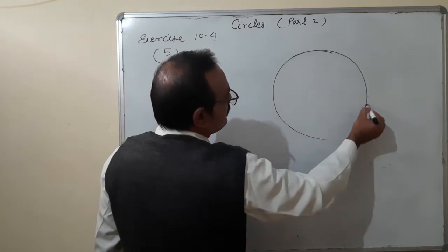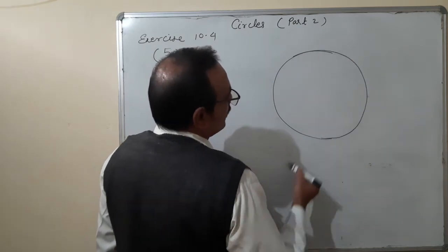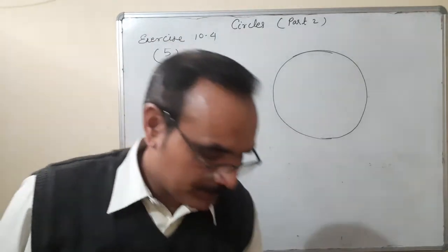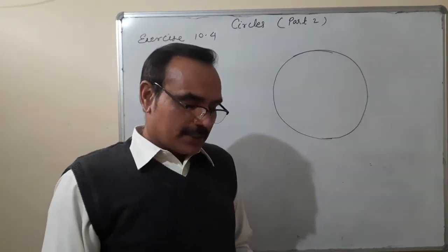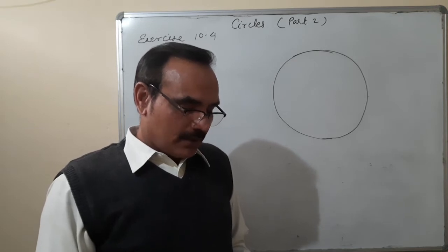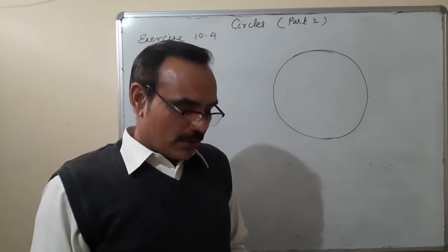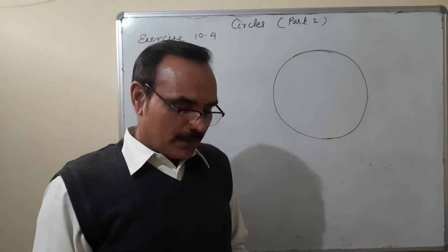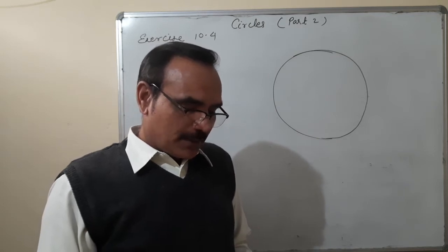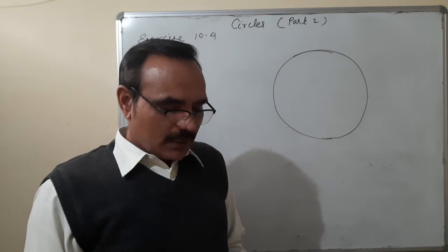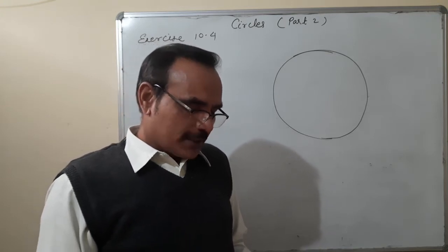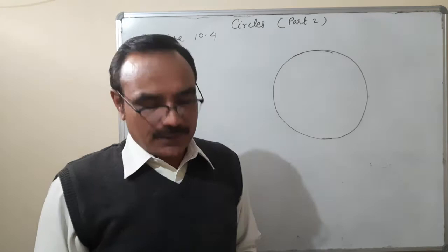This is a playground. Resma, Salma and Mandeep, these are 3 girls, and the radius of the circle is 5 meter, drawn in a park. Resma throws a ball to Salma, Salma to Mandeep and Mandeep to Resma. If the distance between Resma and Salma and between Salma and Mandeep is 6 meter each, what is the distance between Resma and Mandeep?